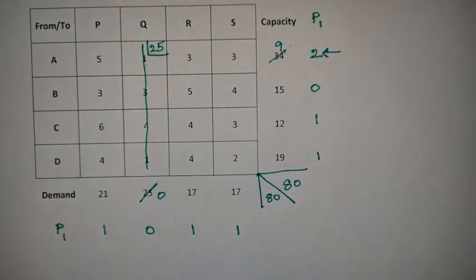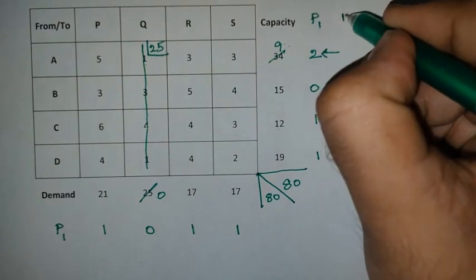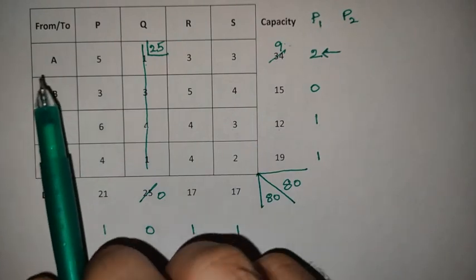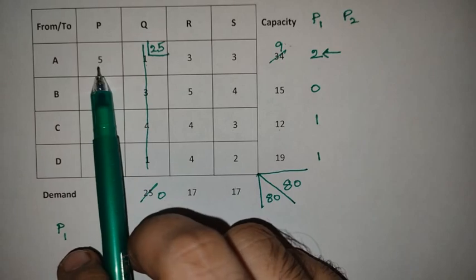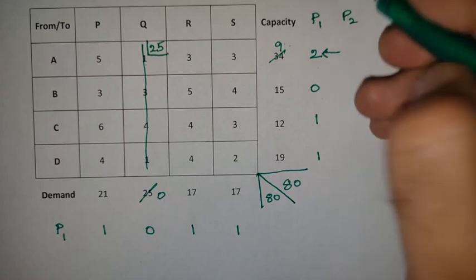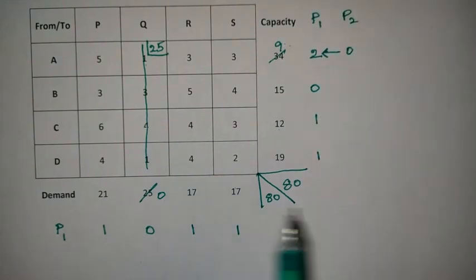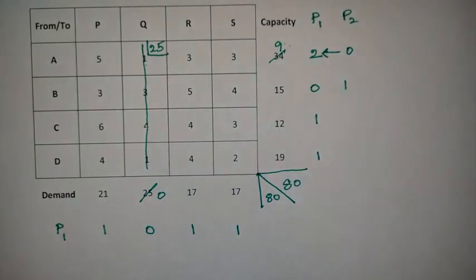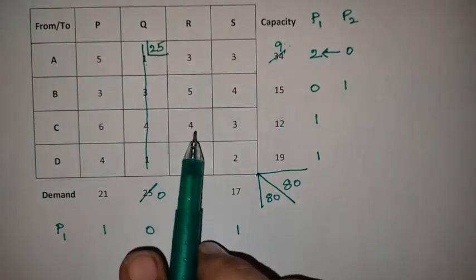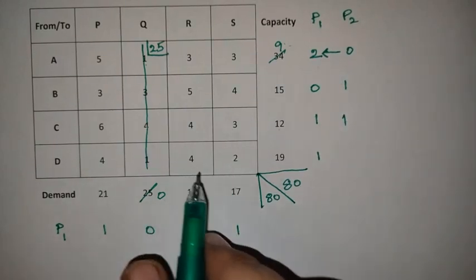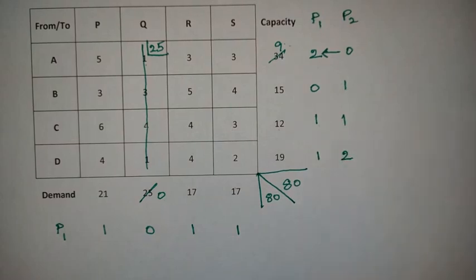Now we need to calculate the second iteration of penalties. So first let us find the row iteration. In row iteration, what are the first two minimal values? In 5 3 3, the first two minimal values are 3 and 3, so the penalty is 0. Next row, the minimum values are 3 4, so penalty is 1. And then next, the minimum values are 3 4, so penalty is 1. And next, the minimal values are 2 4, so penalty is 2.